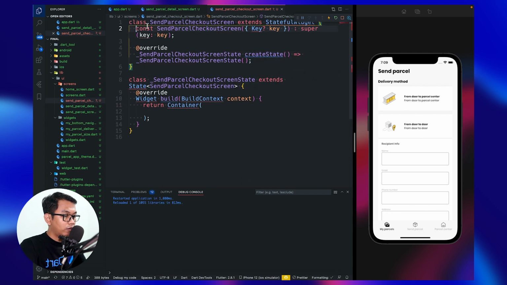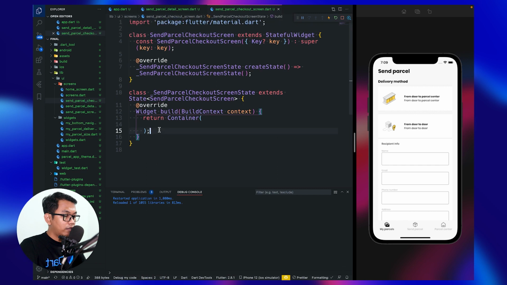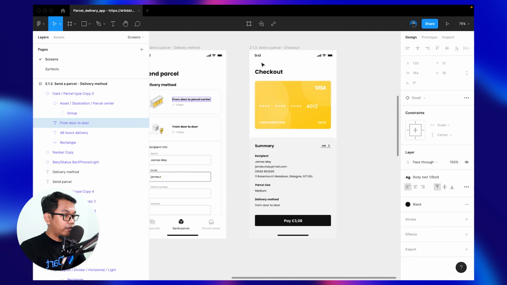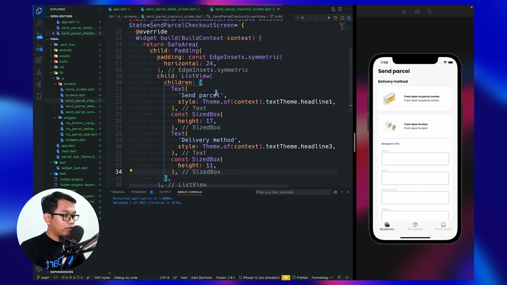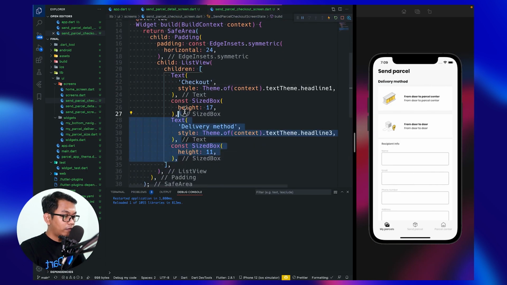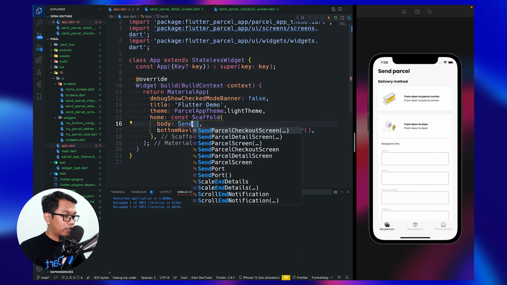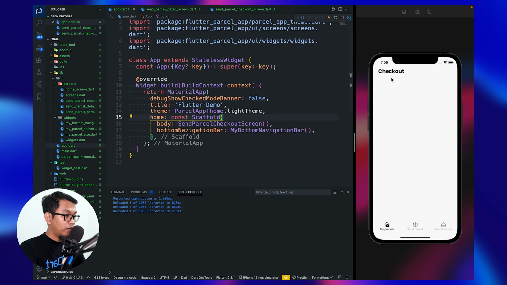Don't forget to import material, return SafeArea, and remove this, and we need to change with a checkout, and remove this, go to our app and change to SendParcelCheckout, and now we see checkout.